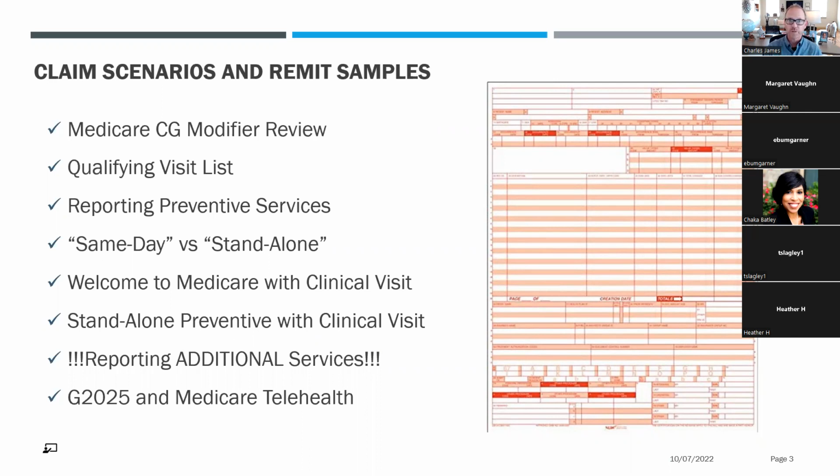So I'm going to start with some of our basics. CG modifier review, how to get that on a claim with a qualifying visit, what constitutes our qualifying visits, actually reporting the preventive services, a big distinction between same-day billing and standalone visits, with a lot of confusion out there on how to bill either of those with sick visits. We always lose in the mix all of the other preventive services that are available to be billed. So finally, we're confronted with our telehealth visits and how to deal with those. So we're going to cover some ground today,